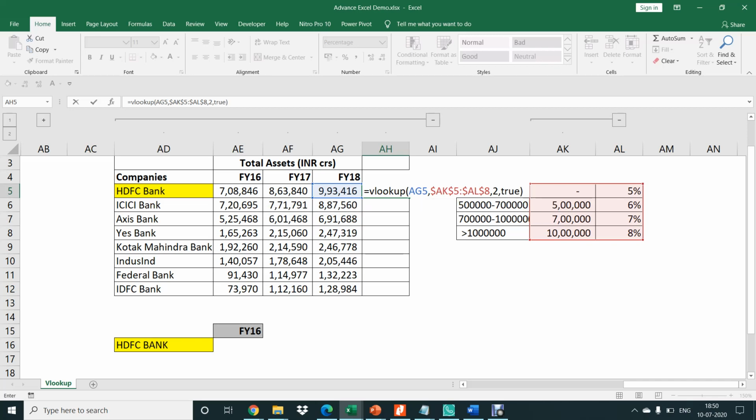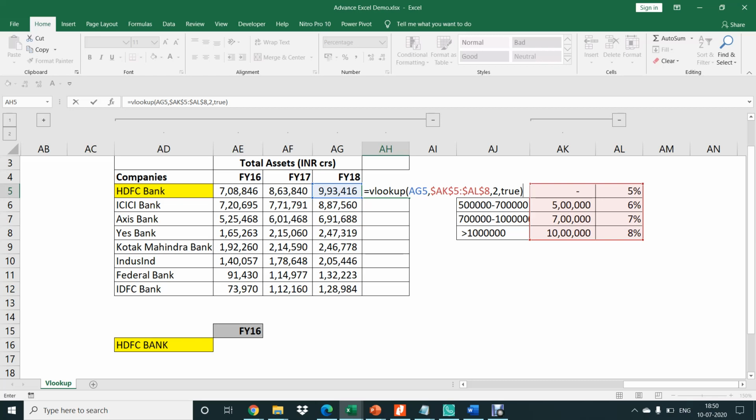The TRUE argument can be used for two things. Number one, I can use a TRUE argument for bringing the second value after sorting. Number two, when I have to replace nested IF statements, I can use the TRUE argument with the VLOOKUP.